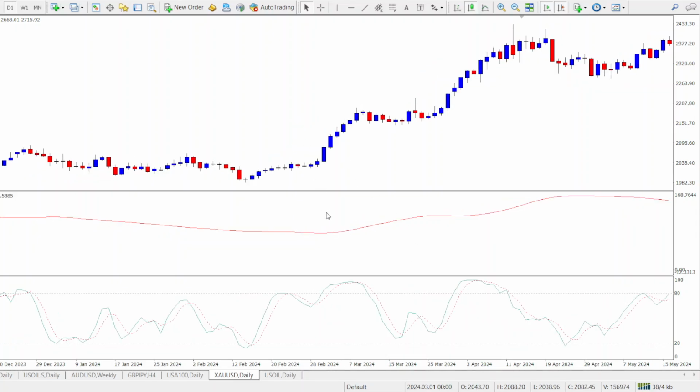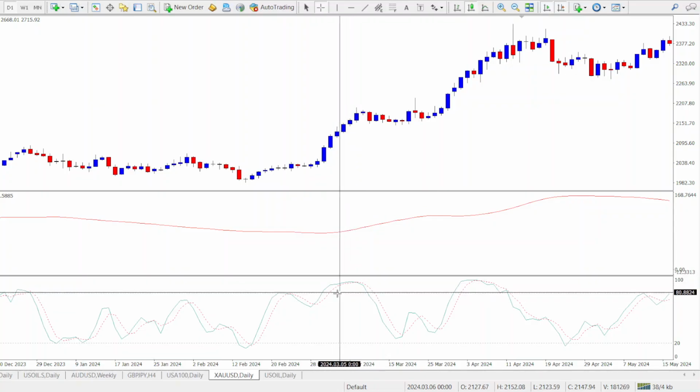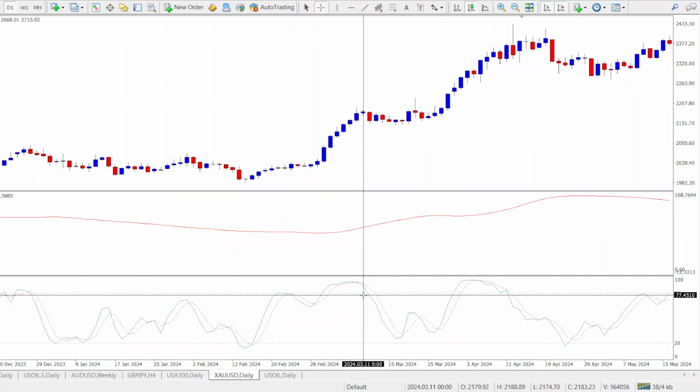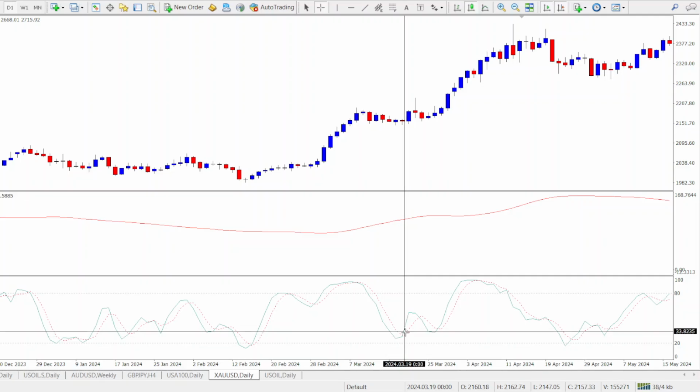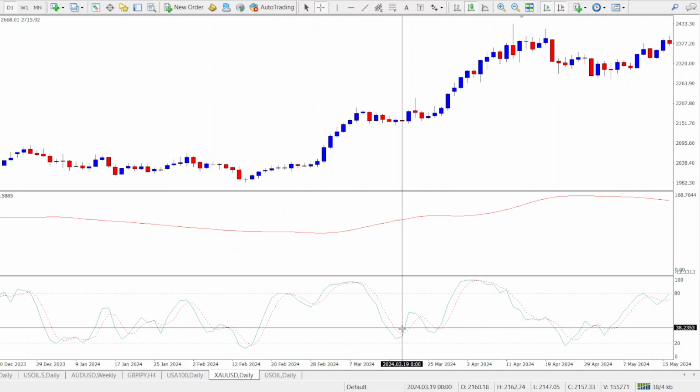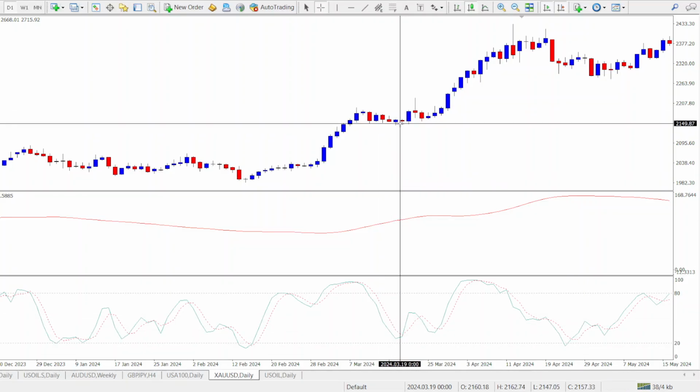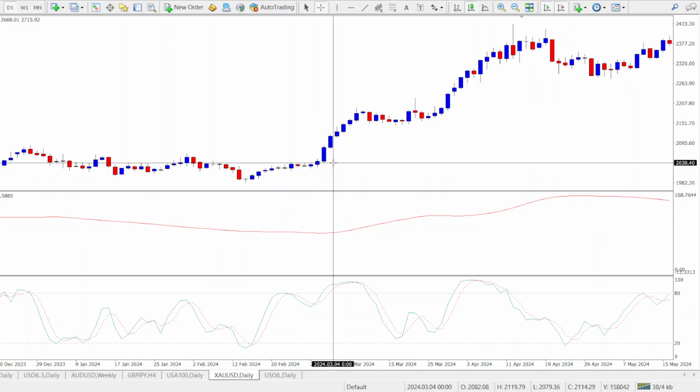Now we can see that when the SMI helper drops to the midpoint, remember I said the midpoint is what you will use to get your buy signals. Don't wait for the indicator to drop to the bottom. So when it dropped to the midpoint and began to point upwards, we had a buy signal. It's showing us that momentum was building up. In this case, the stochastic oscillator did not confirm that buy because the stochastic oscillator was already in overbought territory. So this was where the stochastic oscillator gave us a buy signal after this pullback,